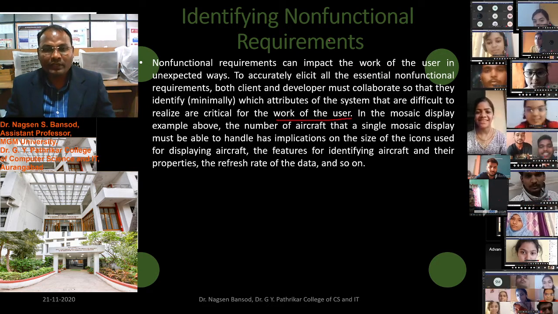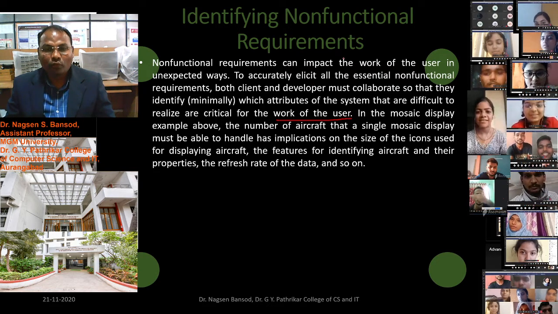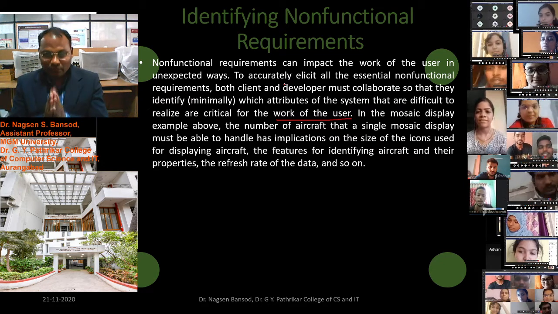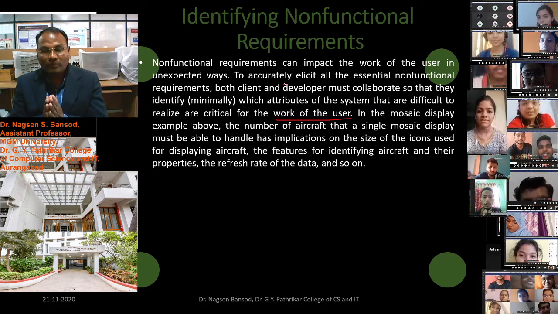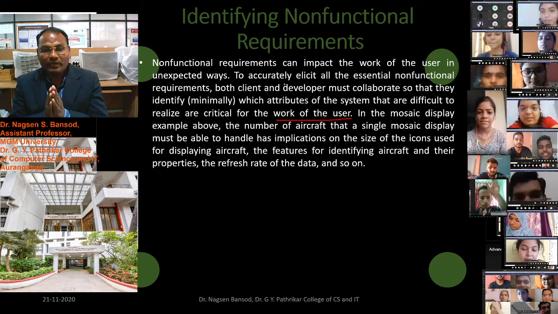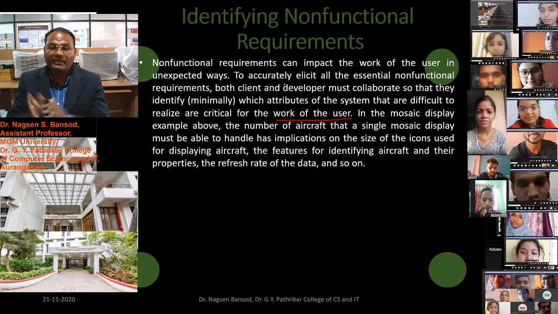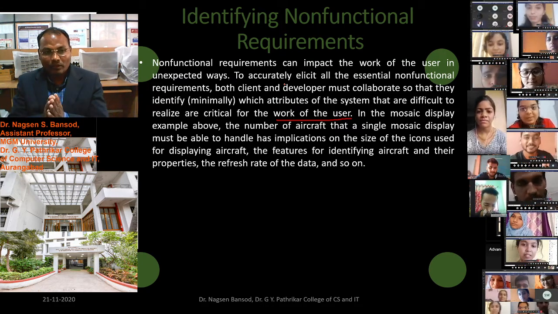To find non-functional requirements, we have to collaborate with the client. We have to discuss with the client which non-functional requirement information may be required by the user at the time of software use.